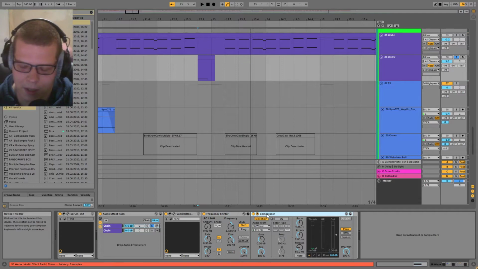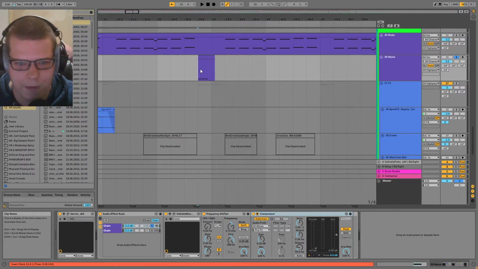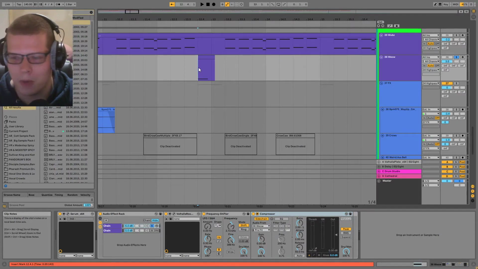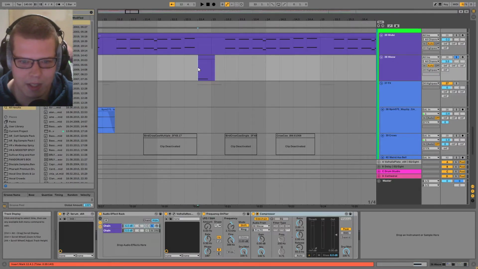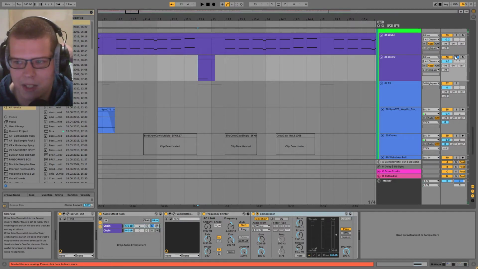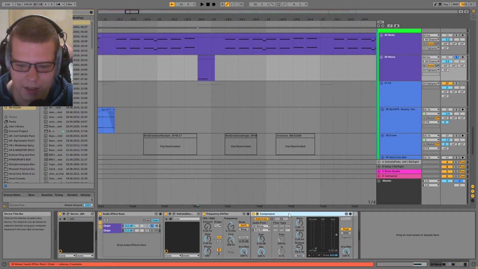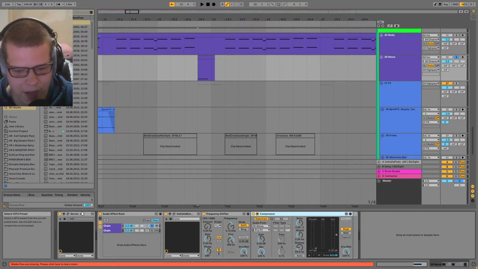Oh, I'm doing some self sidechain. Okay, so this is a really good tip. If you want to put quite a bit of reverb on something, but you don't want to muddy it up the whole time, like let's say you have a bass playing and then when it stops playing you want some massive reverb to come in. You don't always have to automate that. You can simply put a sidechain compressor from the original sound after your reverb.